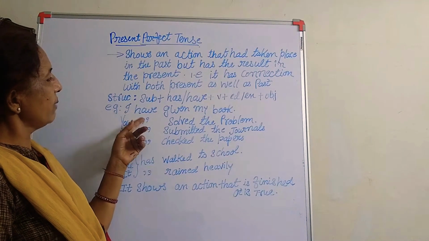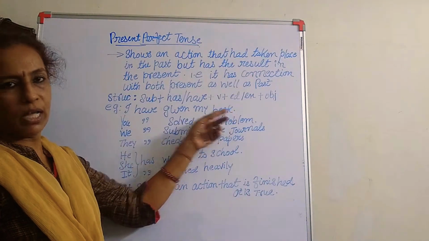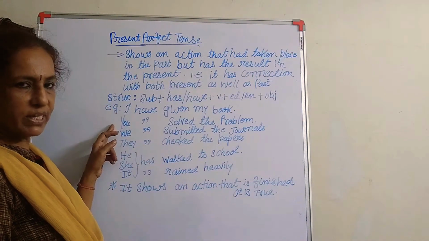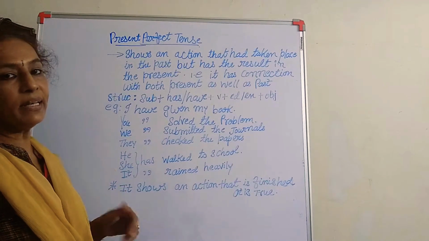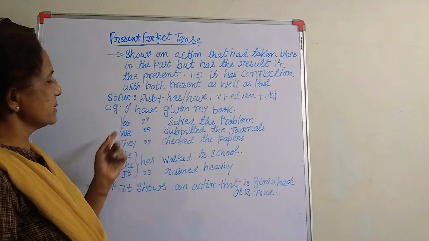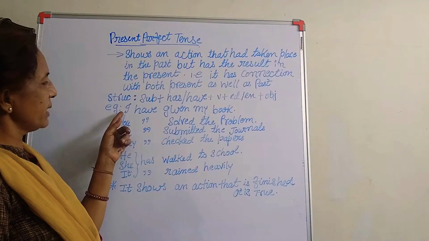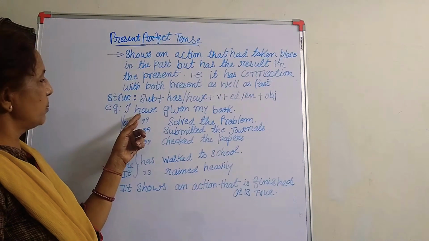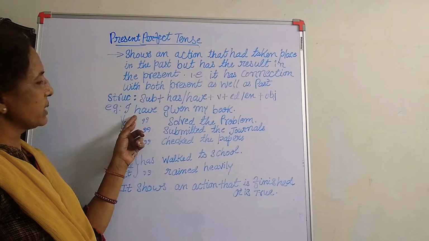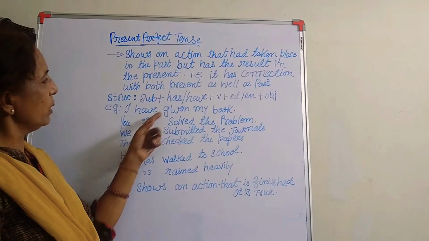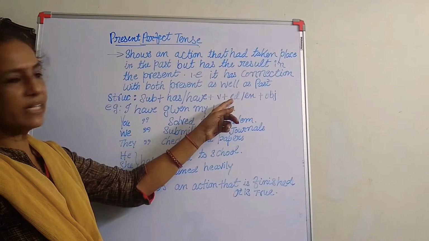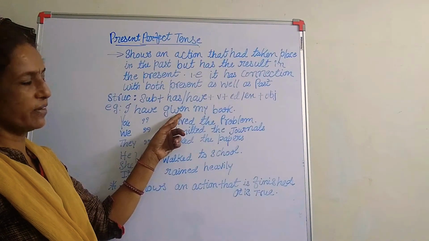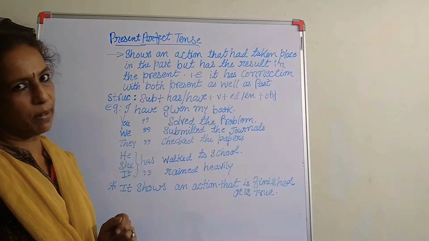See, I have given my book. As I have told you always in tenses, I, you, we, they, he, she, it, and any name turn up to be the subject. If I take I, then the word will be what? With I goes have. You already know as per the structure. Then the verb is give. En is added to that. So it becomes given. And the object is my book.